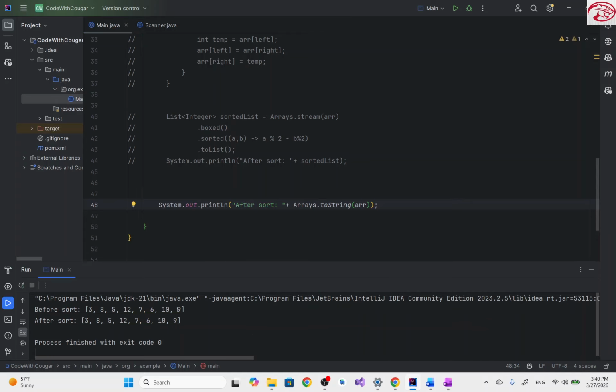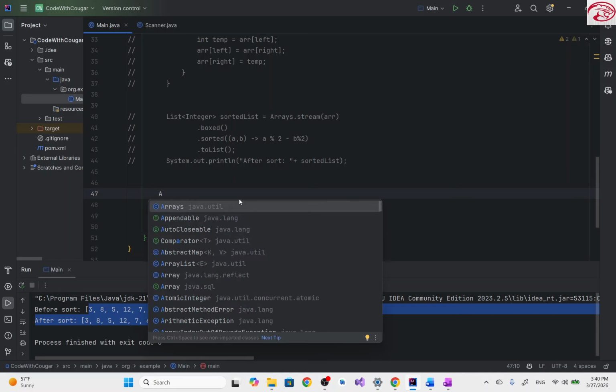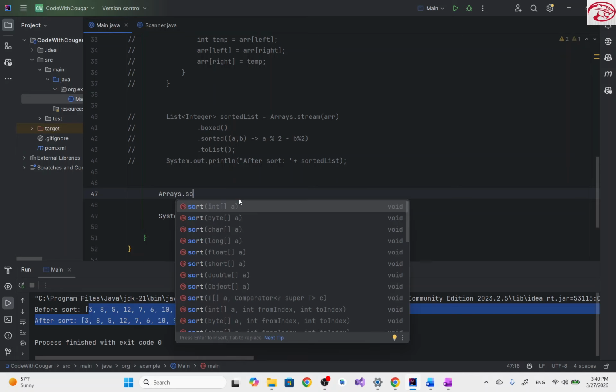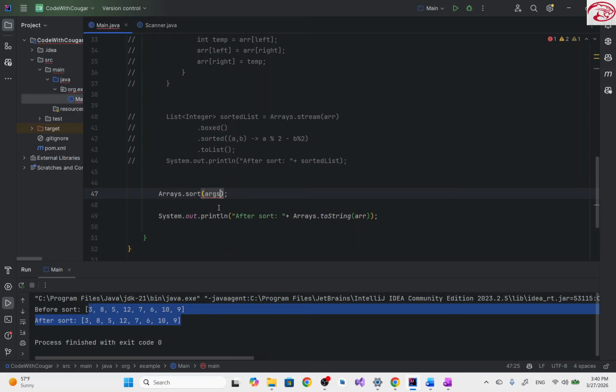Right now both outputs are the same, not sorted, so I can use the built-in method. I'll say Arrays.sort and pass the integer array arr. Let's see what happens. If I run my code, it's going to sort the elements naturally, 3 5 6 7 8 9,